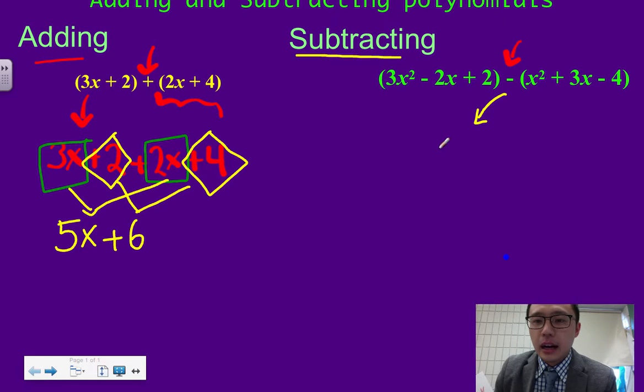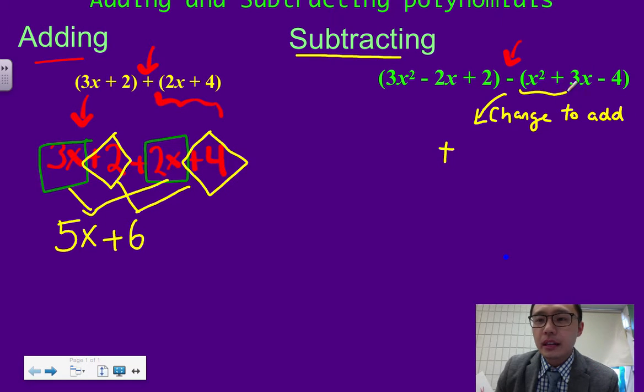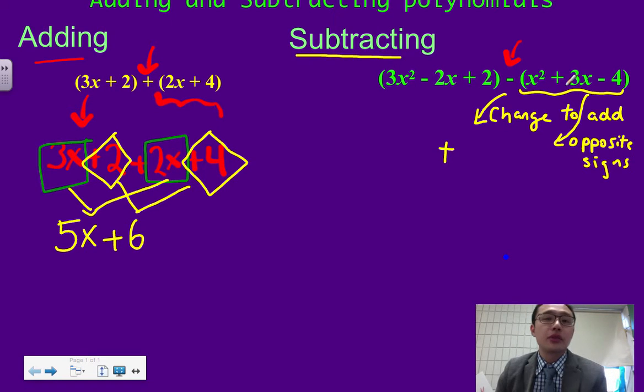We can change that negative sign to add, so change to add or addition. And then everything after that in the brackets has to be opposite. So these ones will be opposite signs. This is one way of looking at this, and I'll show you another way. So this is negative, so I'll change it to positive. Everything inside this one has to be changed, this one has to be changed, this one has to be changed